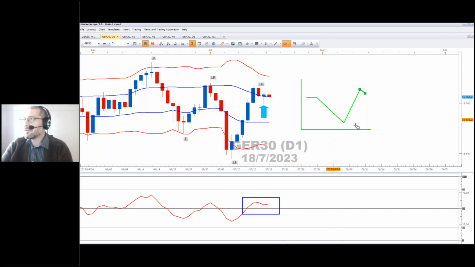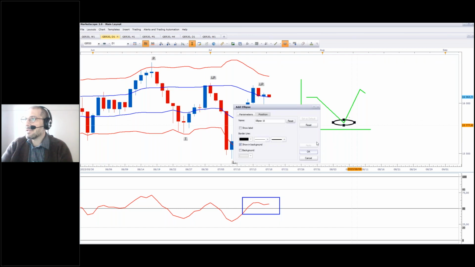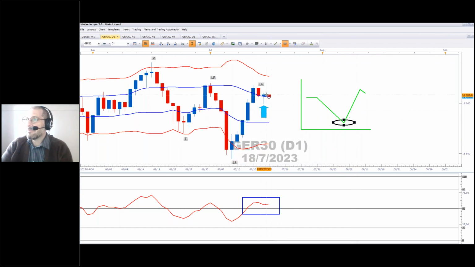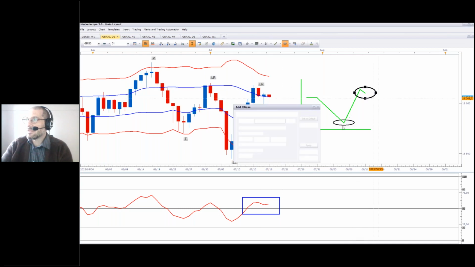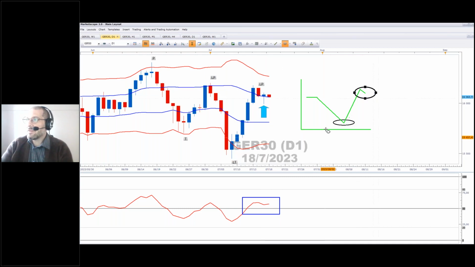The bears lost control at the low of the day, and the bulls maintained control at the close of the day. So that's very interesting, the way the price action moved yesterday. So it looks as if the bulls are in control. So let's just